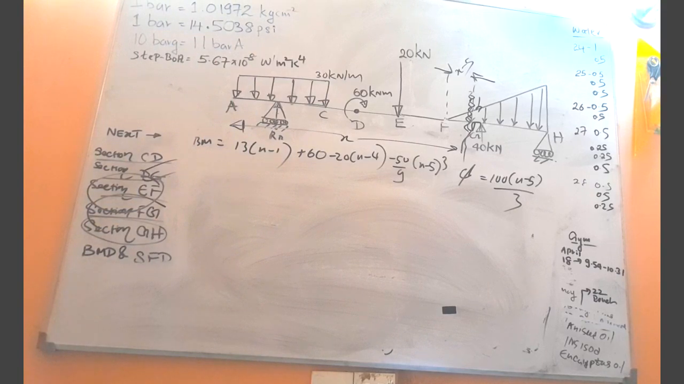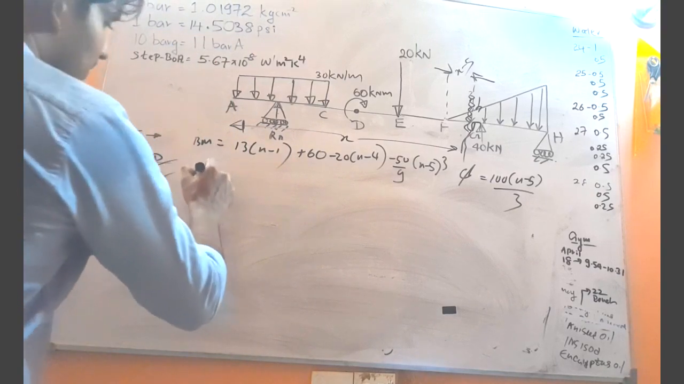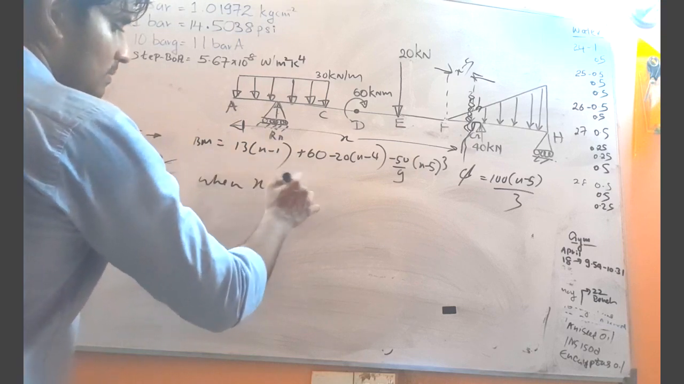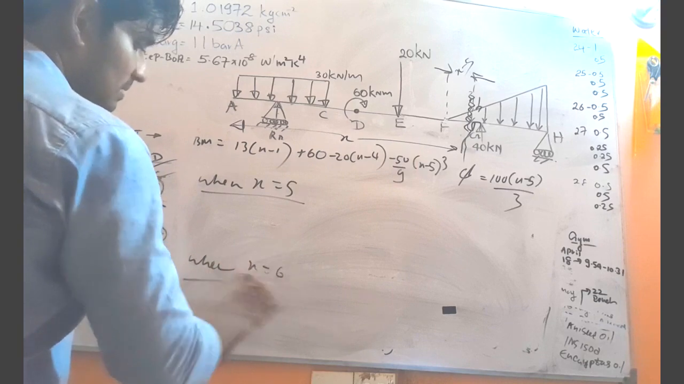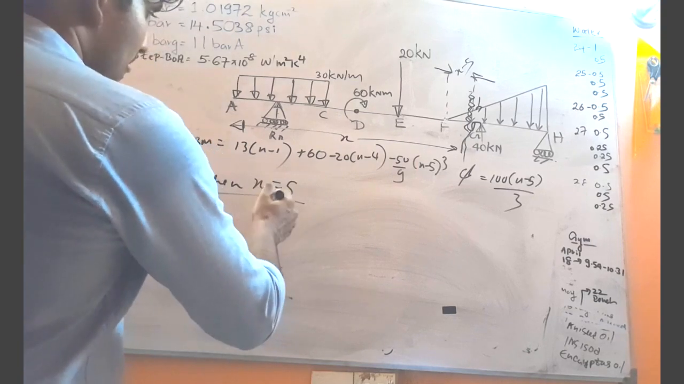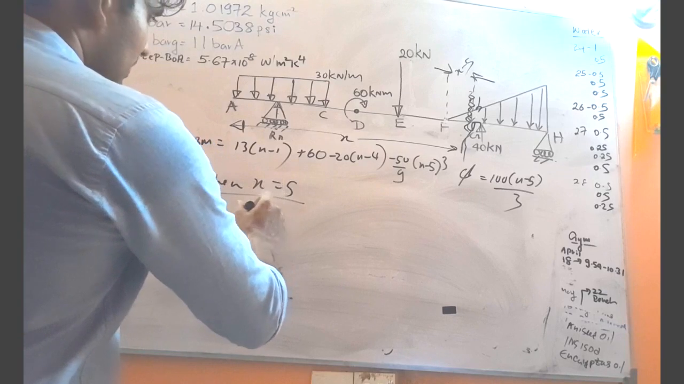For the FG sections, when x equals 5, you have to find the bending moment. Then again you have to find the bending moment when x equals 6. When x equals 5, 13 times 5 minus 1, bending moment